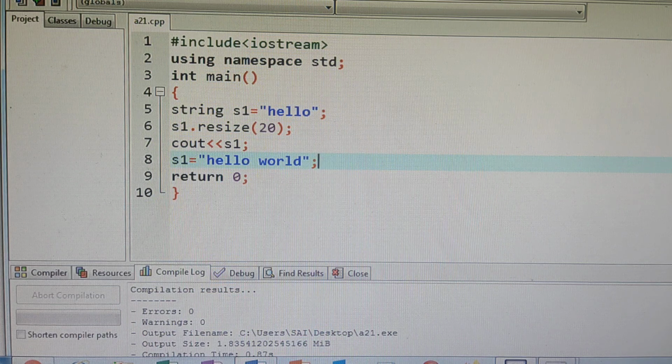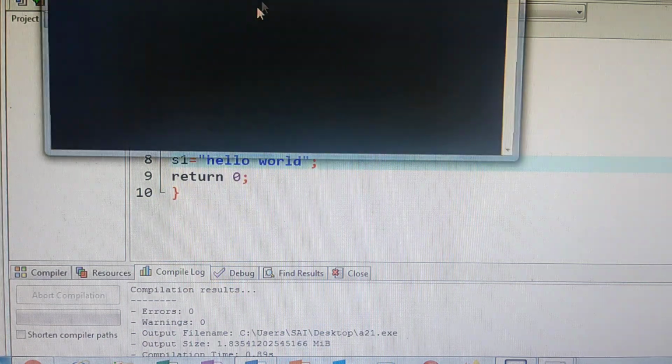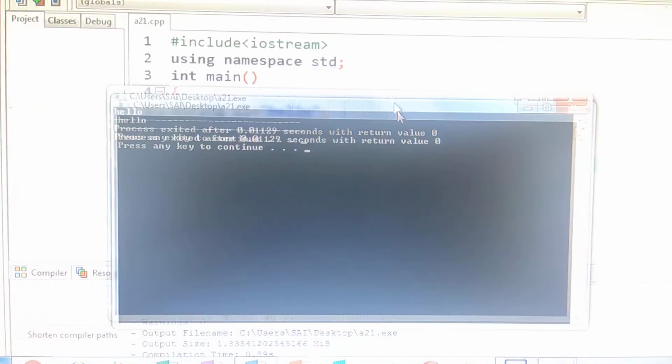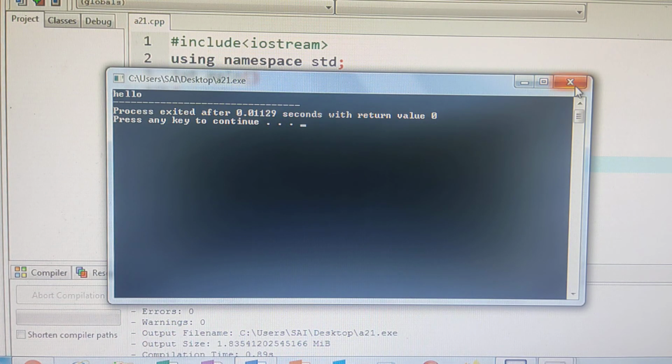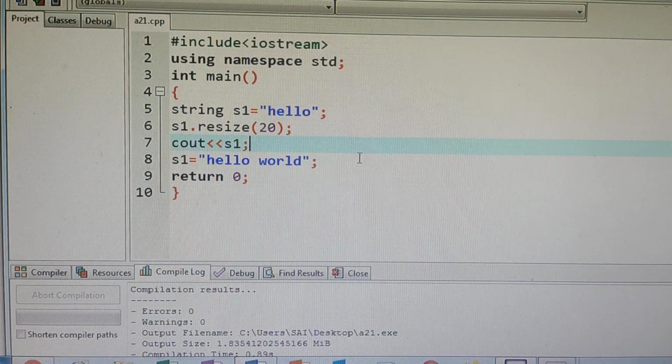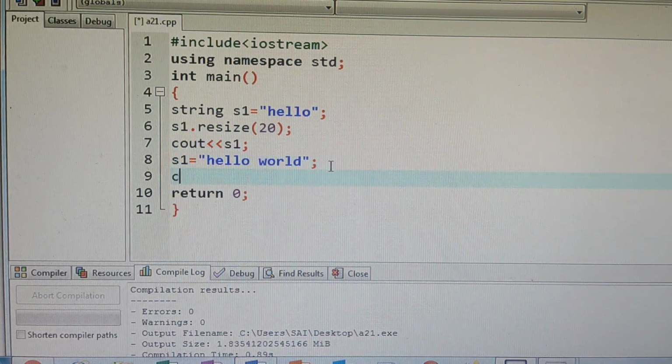Save it, execute, compile, no errors, execute, run. It's not taking, just a minute. I'm not printing now. Actually here I have not given cout s1 after this. It was my mistake. cout s1. You will get a new and updated string here.